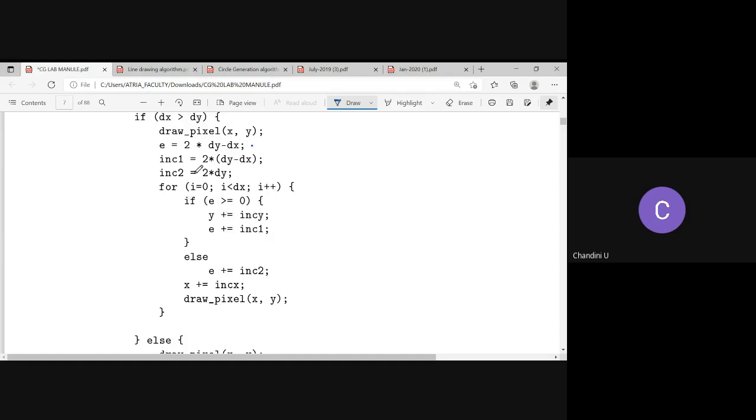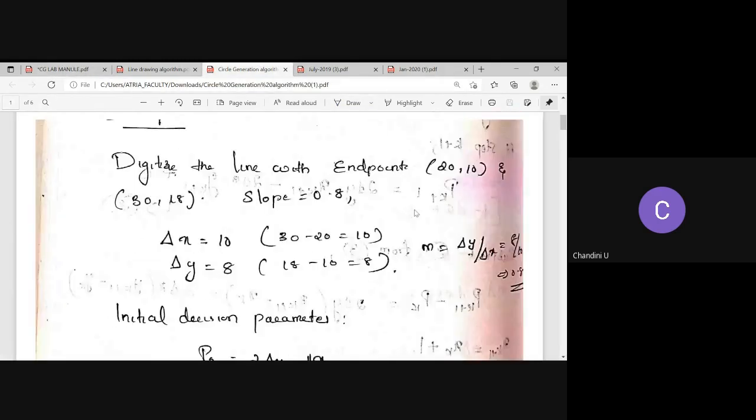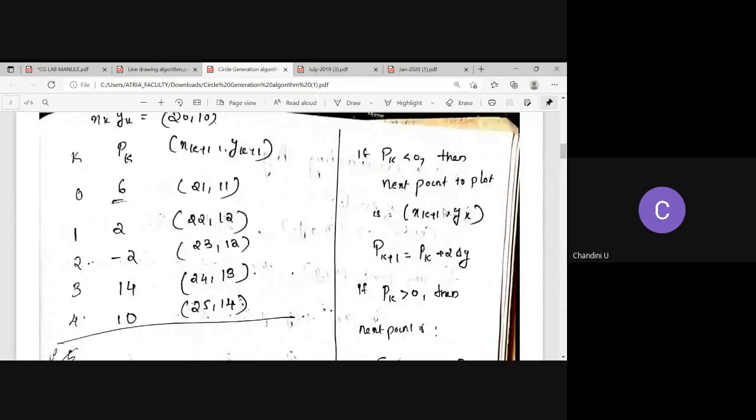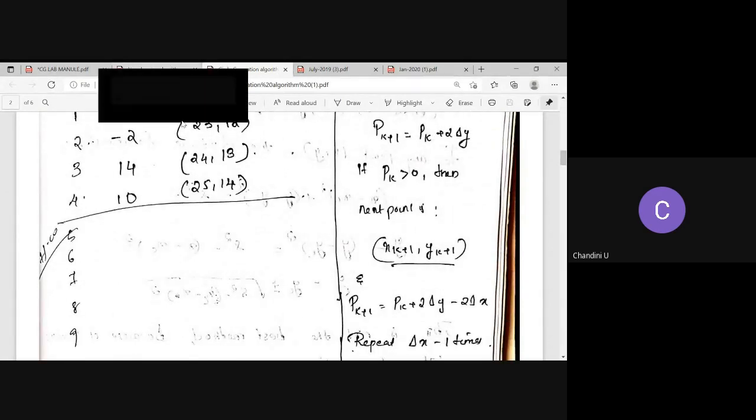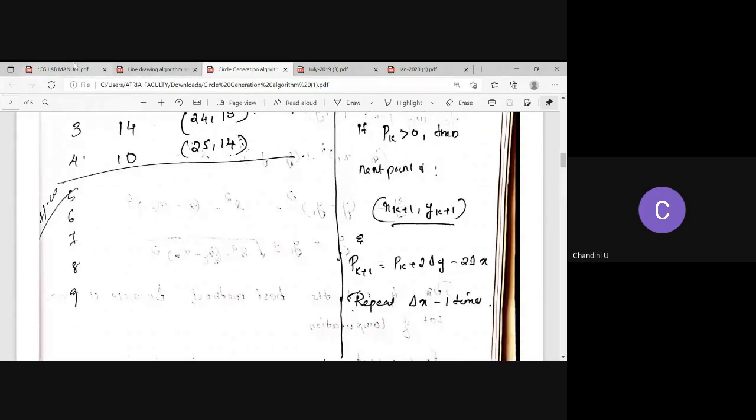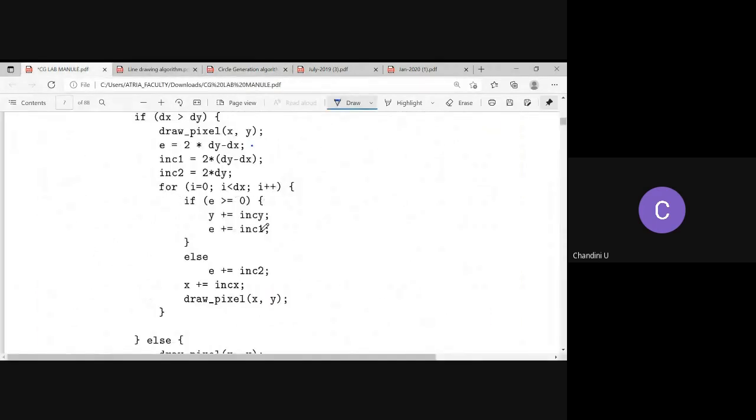Now we are checking whether the decision parameter is greater than 0. If it is greater than 0, what is our condition? See, if it is greater than 0, we have to increment both x as well as y. So if it is greater than 0, we are incrementing y: y plus equal to increment y.